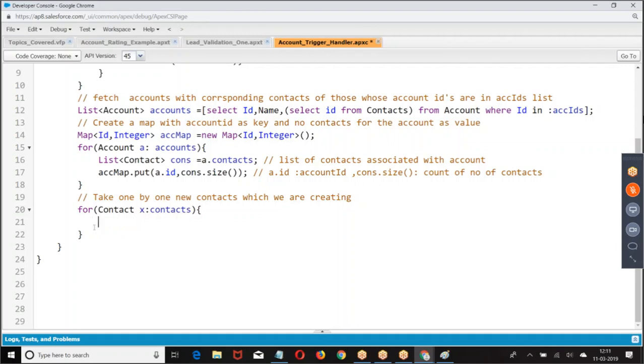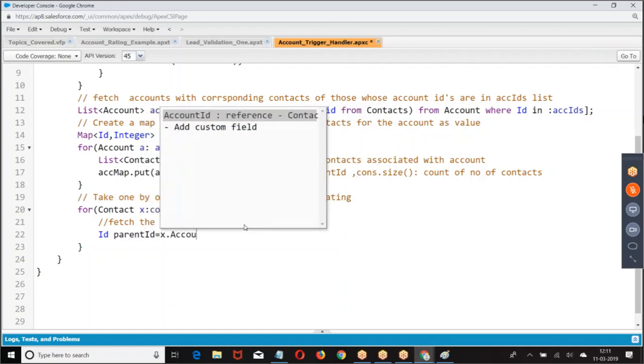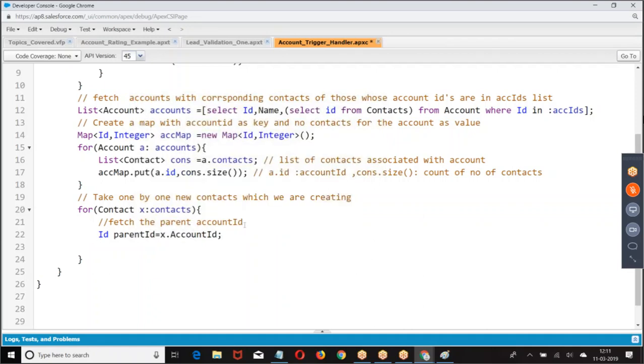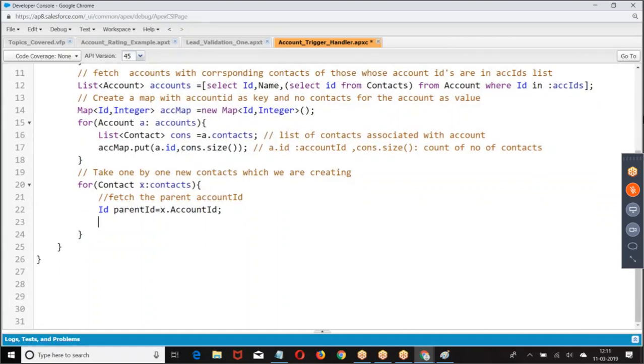First account, fetch the parent account. How do you get the parent ID? Parent ID equal to x.AccountId. Am I right? x is a contact, x.AccountId. The same thing, can I give it like this straight away? Parent ID equal to x.AccountId.